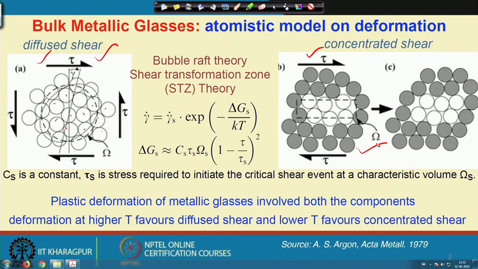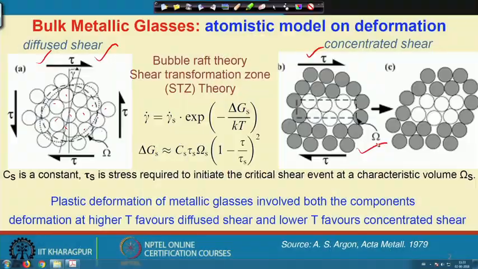So, let us assume that for a particular glass forming composition, the glass has a glass transition temperature of somewhat like 400 degree centigrade, and if we try to deform at room temperature of 25 degree centigrade, then concentrated shear is mostly preferred, or the contribution of diffuse shear is less. However, this is the bubble raft theory, which was modified later with the name of shear transformation zone, or STZ theory, by